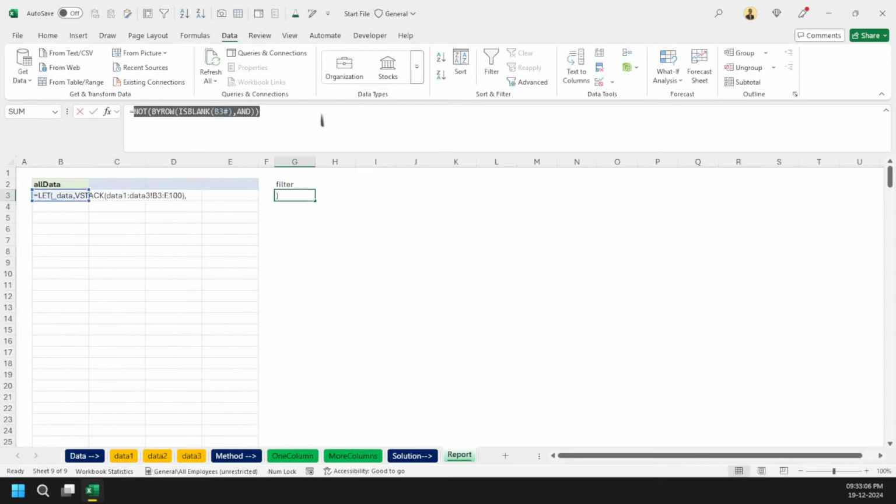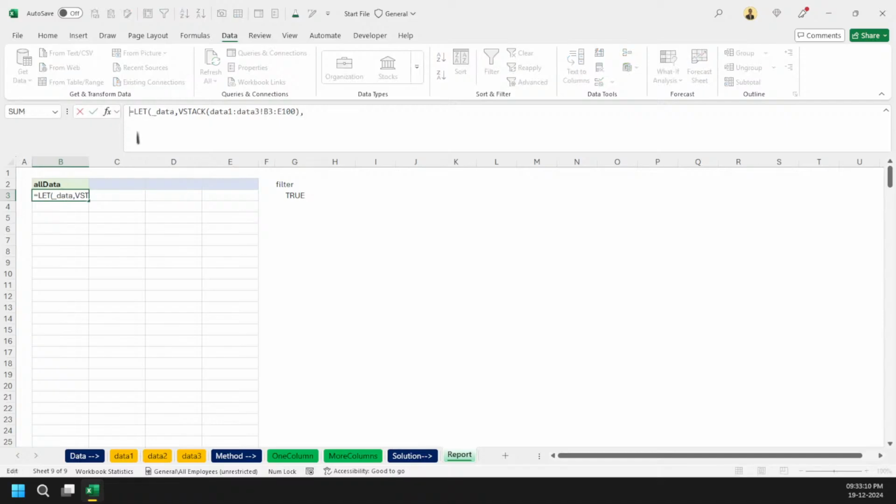I'm coming here, selecting everything. Then I'm going for the filter portion. Okay, and I need to change this part to data.